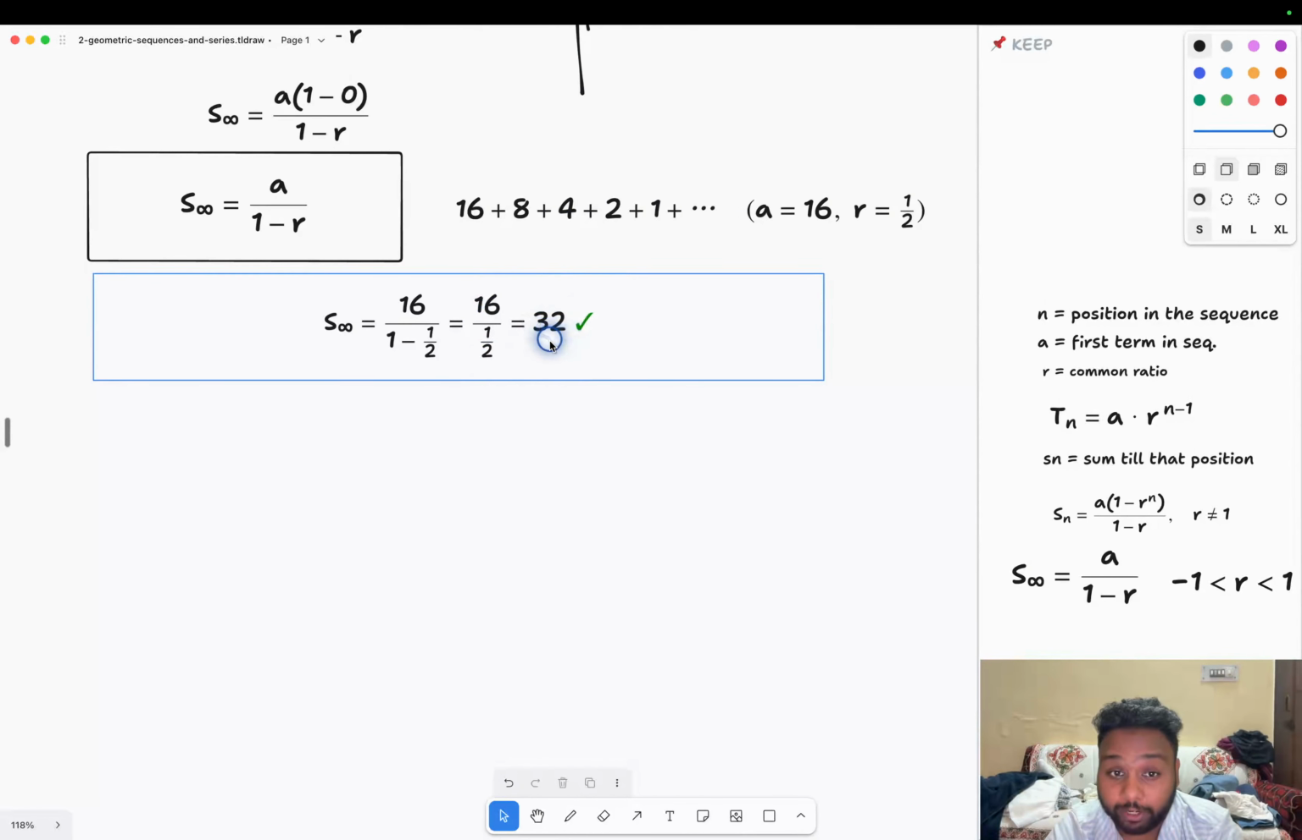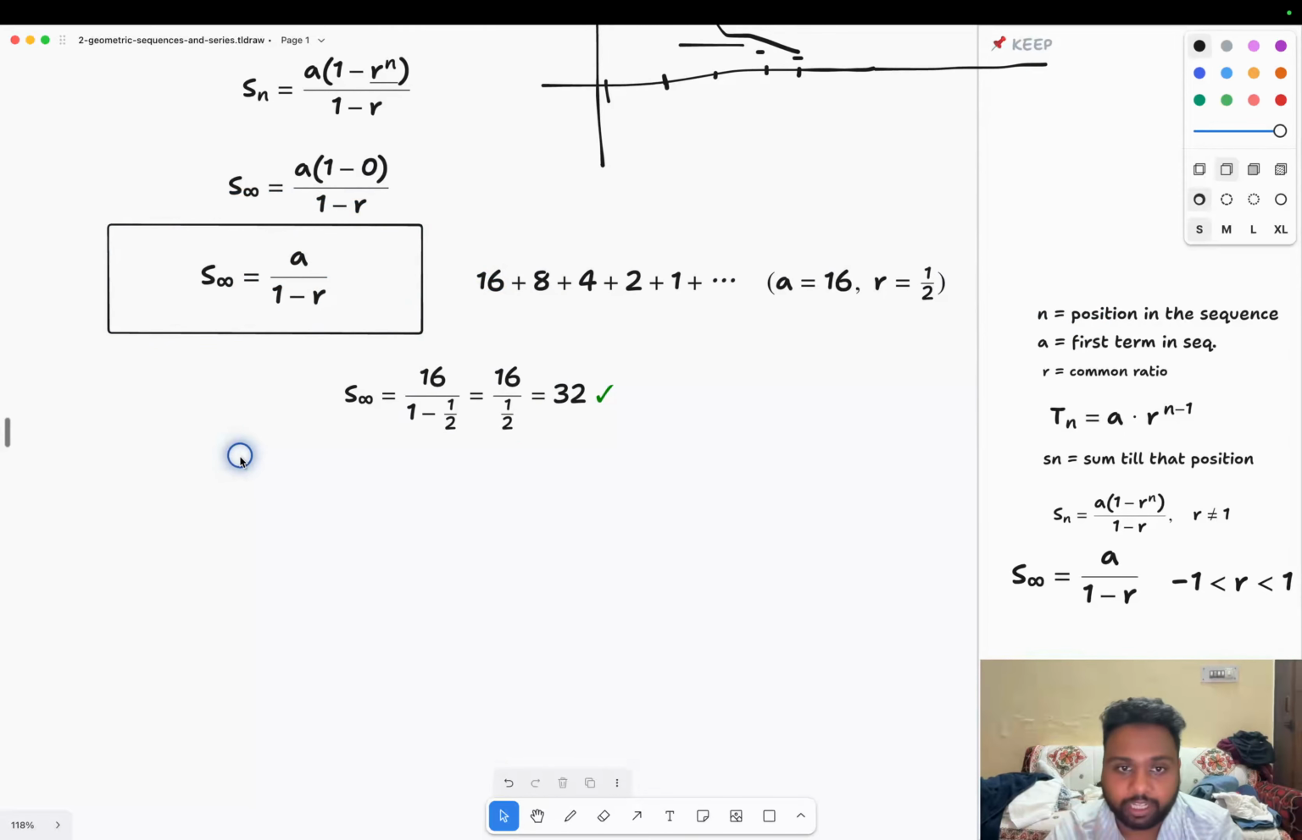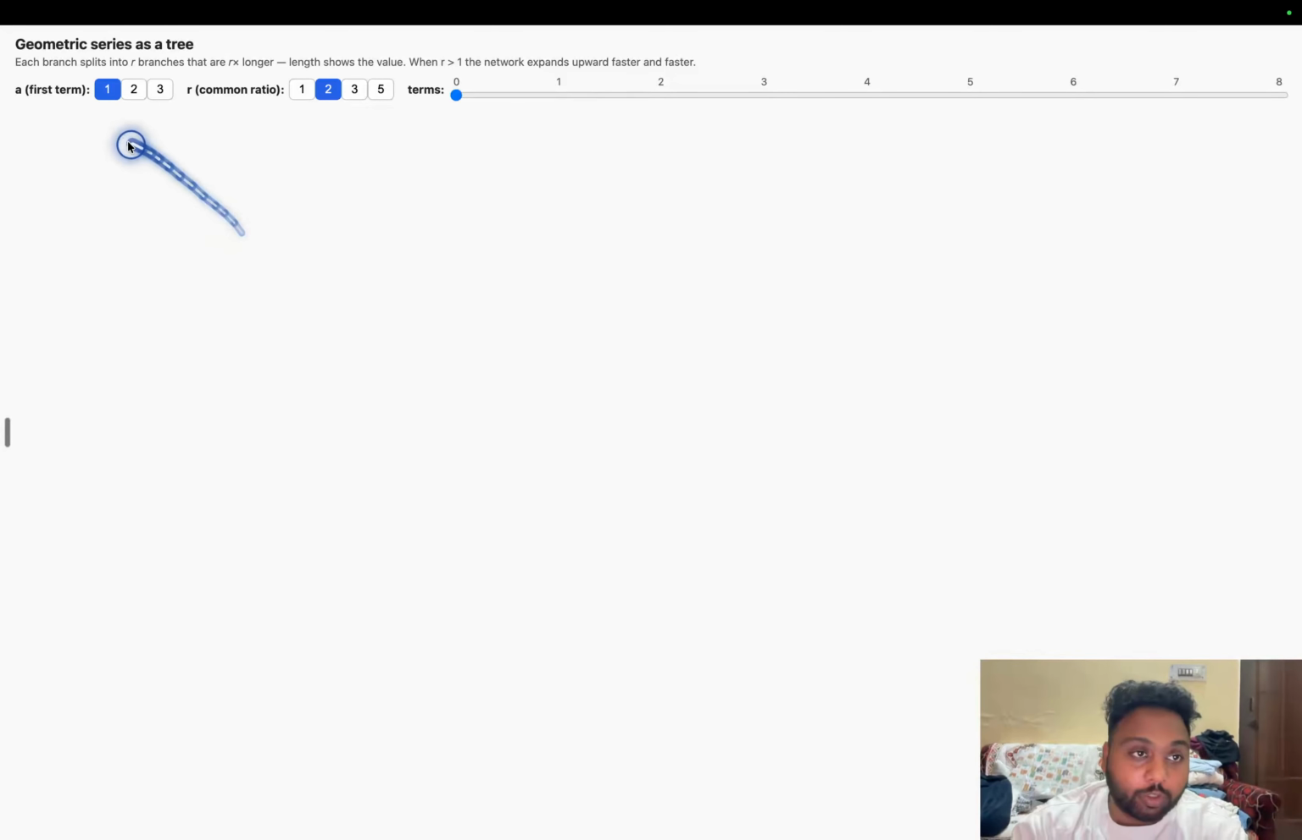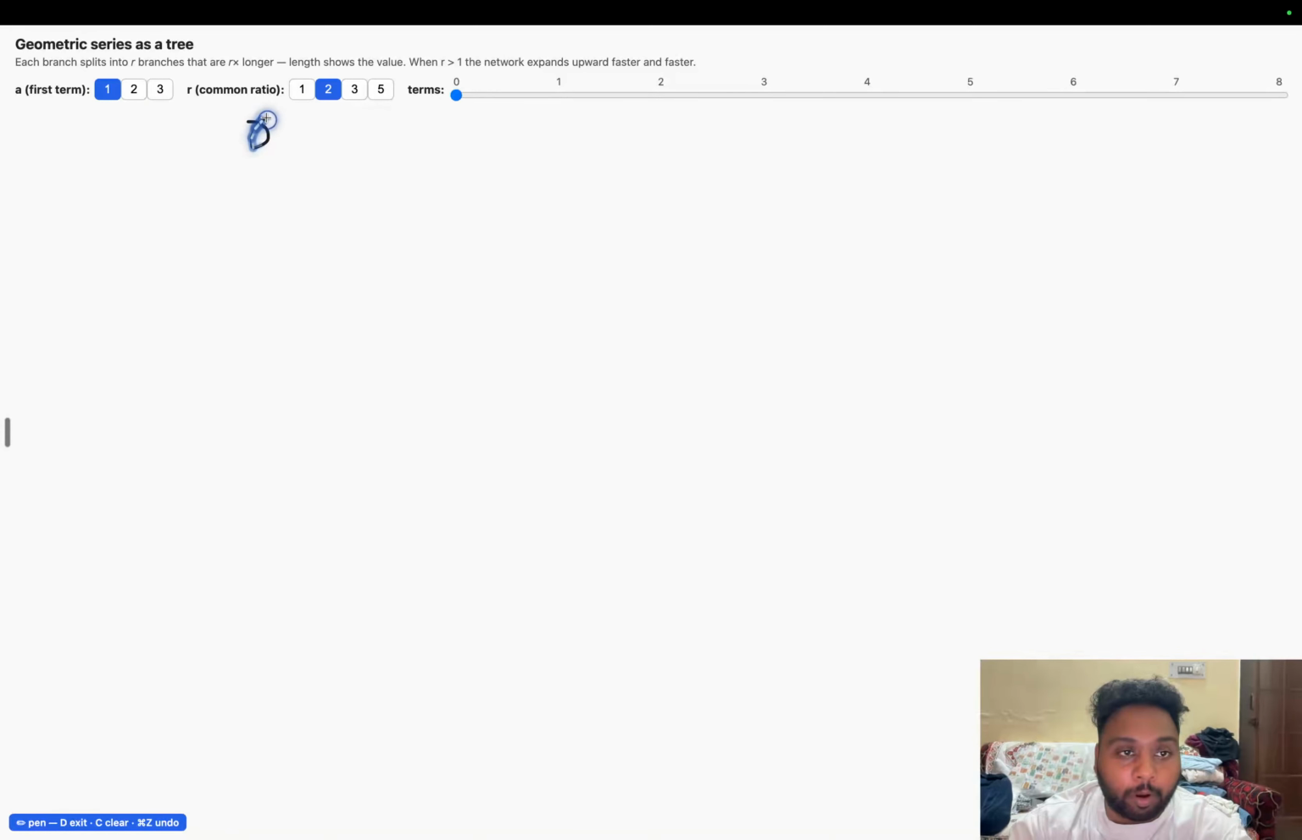So now we know how it was 32 and what formula we used, and we can see the visuals and understand how it might make sense for an infinite geometric series to actually sum up to a whole number. Now we are going to look at this interactive example, which can help us visualize what a geometric sequence or series looks like. And later on, we will also see something for different common ratios. But here we are going to see common ratios which are bigger than 1. So here we are only talking about the cases where my r is greater than 1,